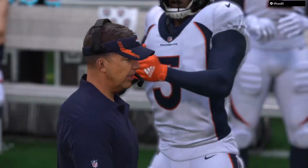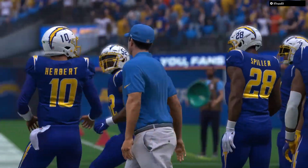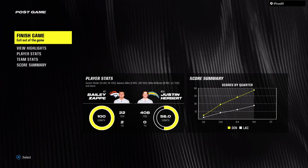Charles, a lot of happy faces heading into the tunnel as this one ends, and understandably so. Not only did they get the win, but boy, their offense was on fire in this ball game. And partner, I have no idea what the